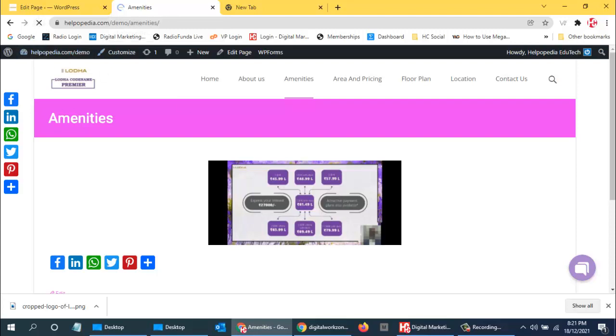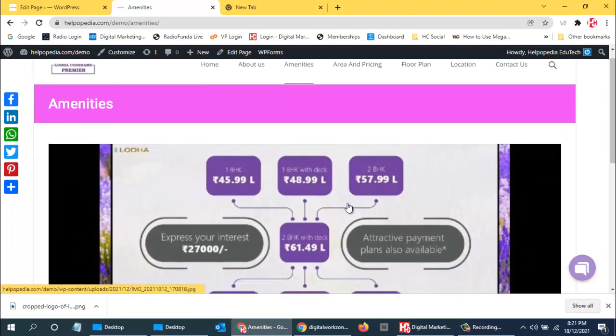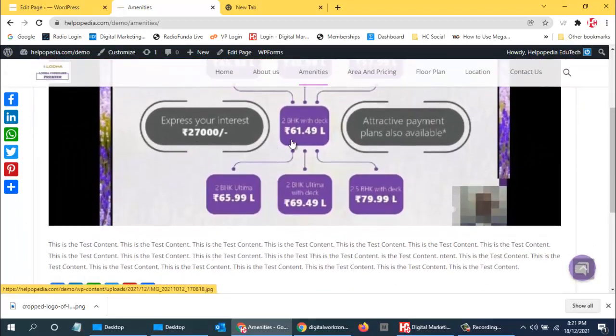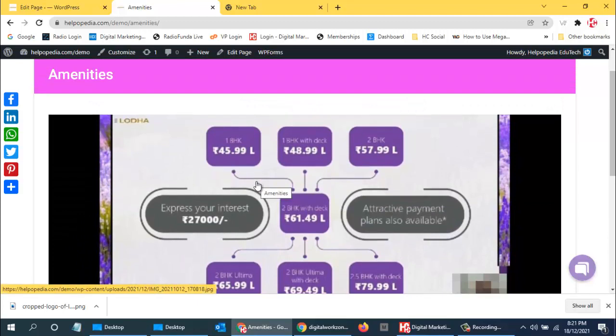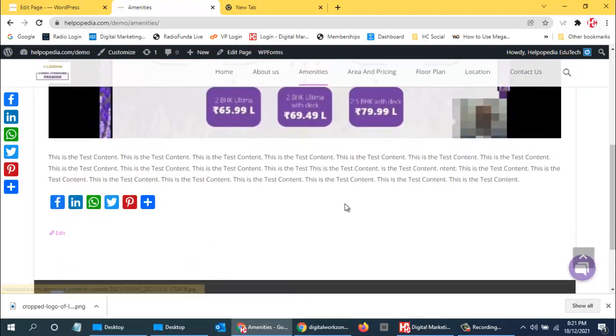See, this is now coming up as the featured image, and then the content is coming up. So this is how it comes up. That is the difference over here. So the featured image, you can put it like this, and then you can write the content below it. Usually in pages we don't use this featured image, unless this is a property website. So if you want to put those images, then you can put those images.